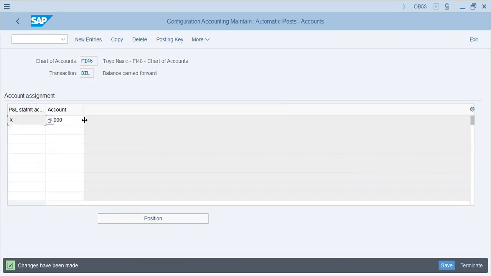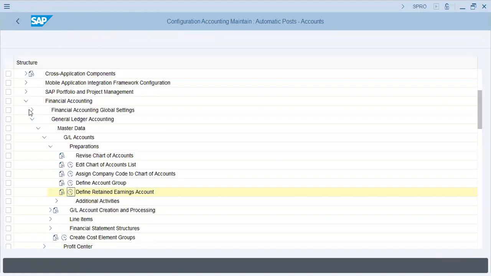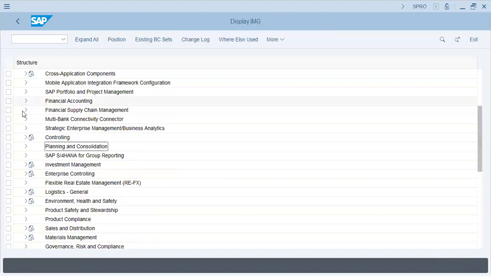Okay, now we've made this. We can use Y and give 30,000. This is true in the case when you are using group chart of accounts. Okay. You can use symbols. That's why symbols are being used here. Now, next is